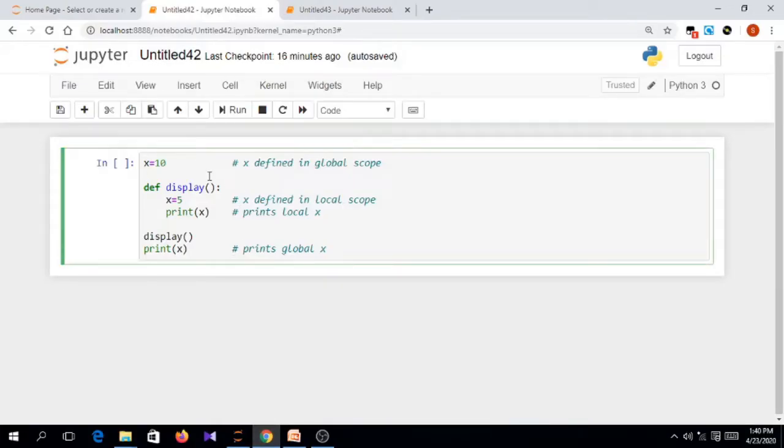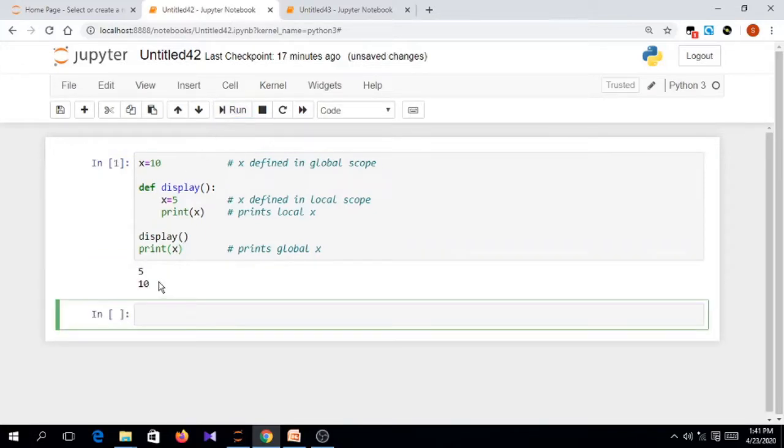Now see here, in this program we have a function display which assigns a local variable x the value 5 and prints x. We have a global variable at the beginning with the same name x and with the value 10. Now when you call the function display, we go into the function and create a local variable x and print the value of x as 5. Now when you return back and print x, we will be accessing the global variable and here we will print 10. Let us run this program.